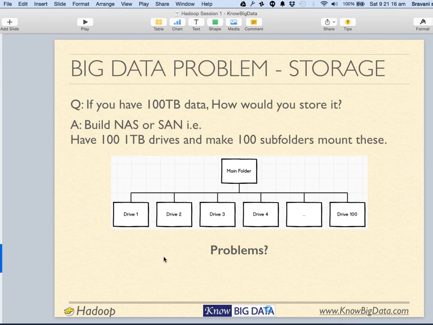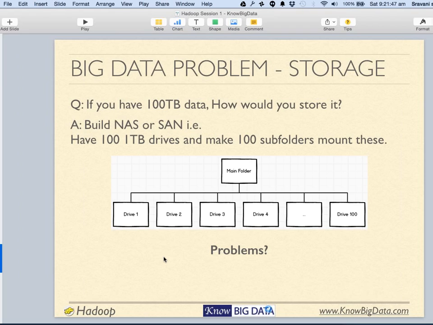So what you are talking about is that let's take some hard disks, connect them together, and mount them on multiple computers. Make sense? This is how we generally build network attached storage or storage area network. NAS is network attached storage and SAN is storage area network.